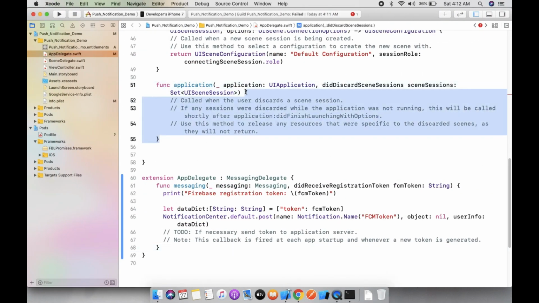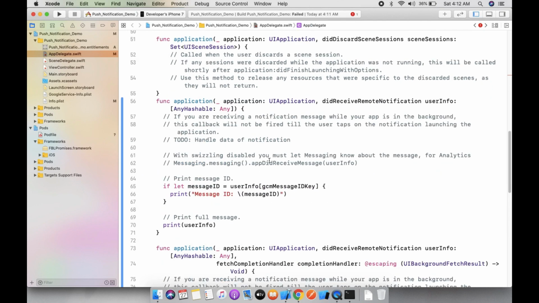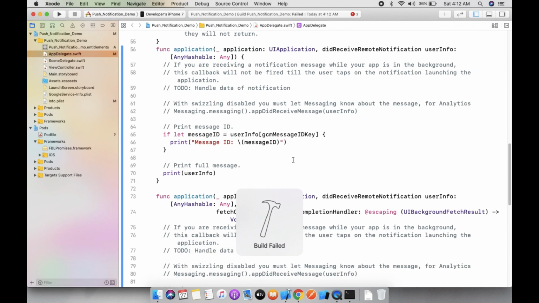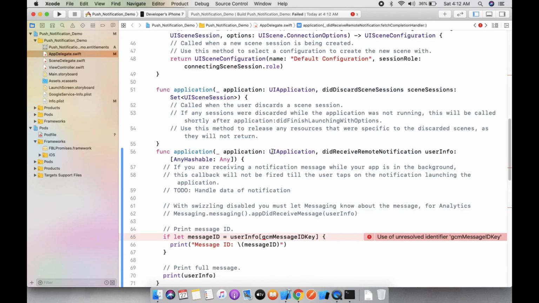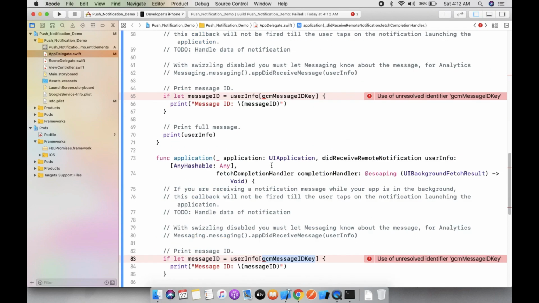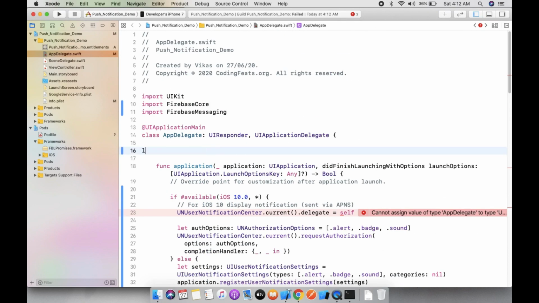After this function you can paste it here, and here you can see the GCM ID. So we need to create a GCM ID here. You can just copy this and create a GCM ID. You can do whatever you want to do in this string.